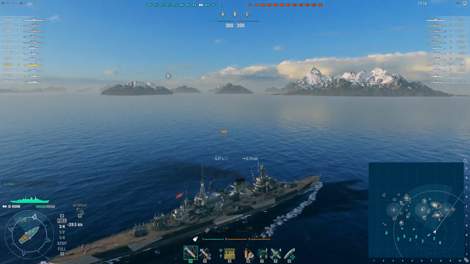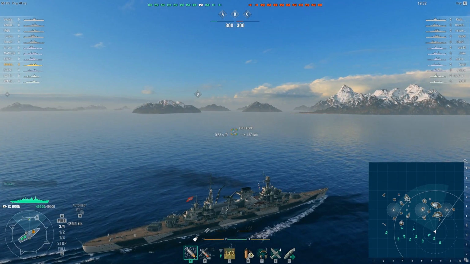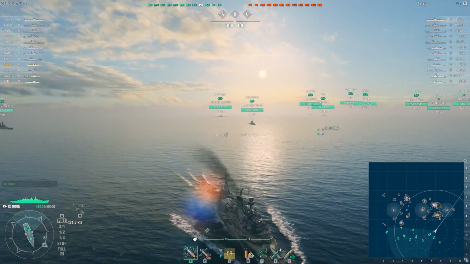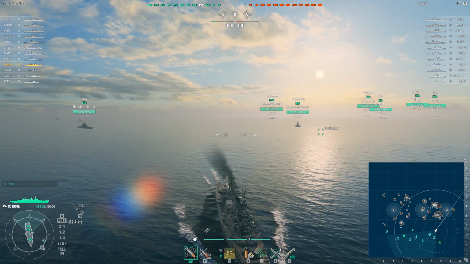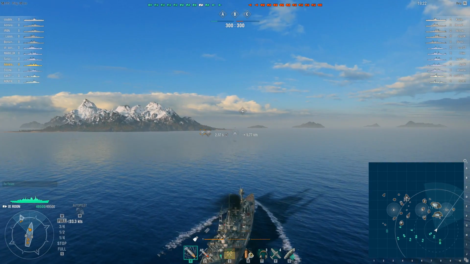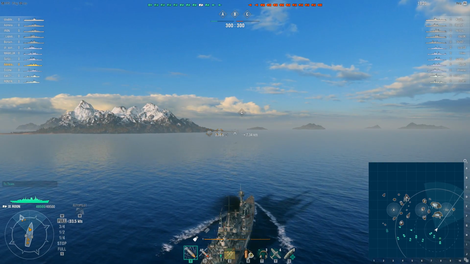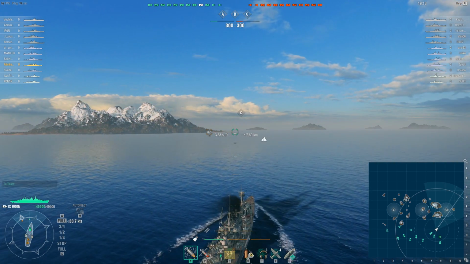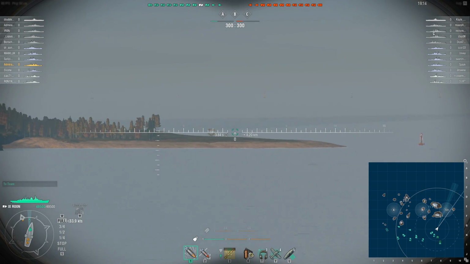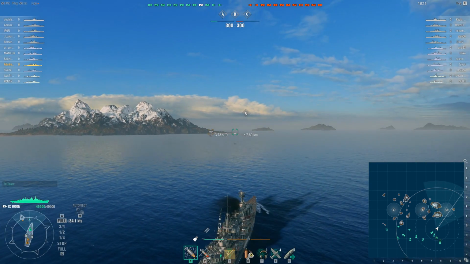Using the concealment equipment module and a dirty, filthy, cheating, hacking 15-point captain skill, I've managed to get the surface detection range of this ship down to 11.1 kilometers, and its guns have a range of 20.7 kilometers. Even when I fire the guns on this ship, the surface detection range only goes up to 17.2 kilometers, which means I have a 4 kilometer